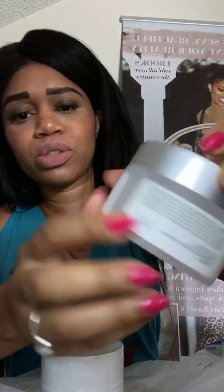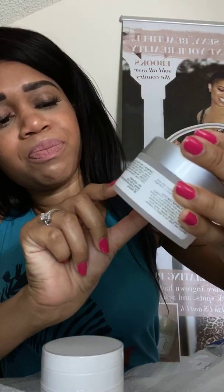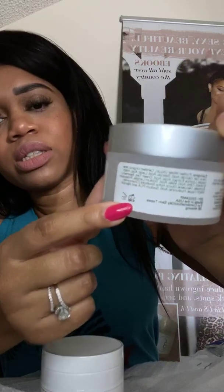So, yeah, this is the labeling. And then my other ones had an expiration date too. So that little box there is that. And then there is the cruelty free